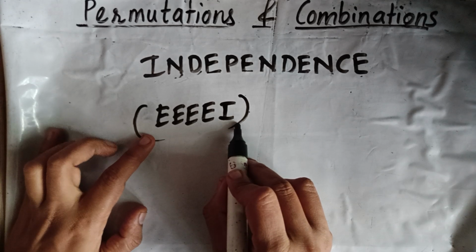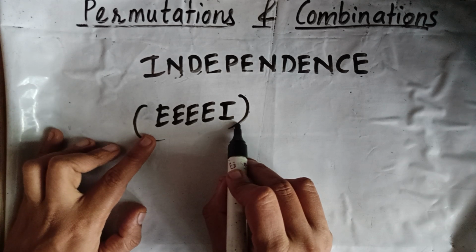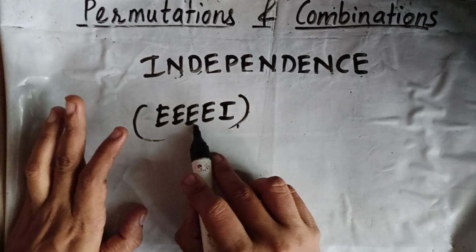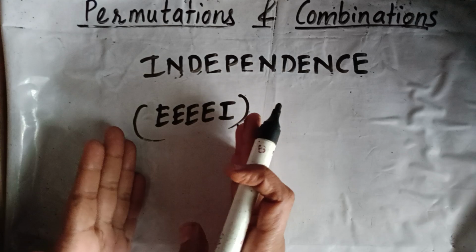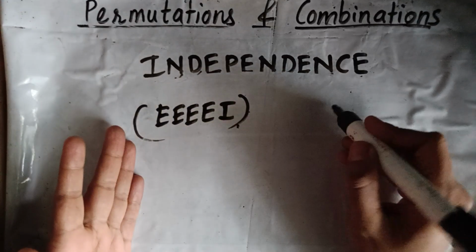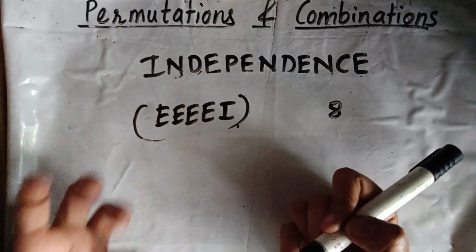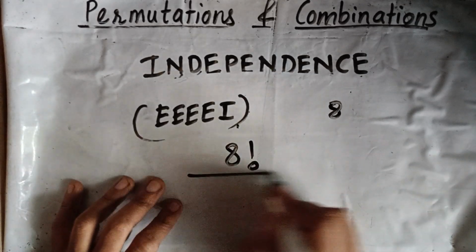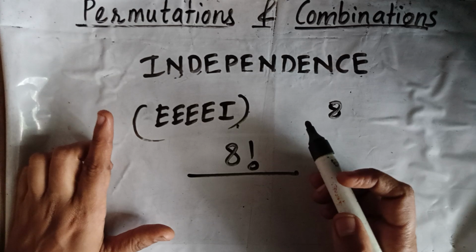So 12 minus 5, 7. 7 choices we have, and this one we are treating as one letter. So total will be 8 letters, right? So 8 factorial upon,